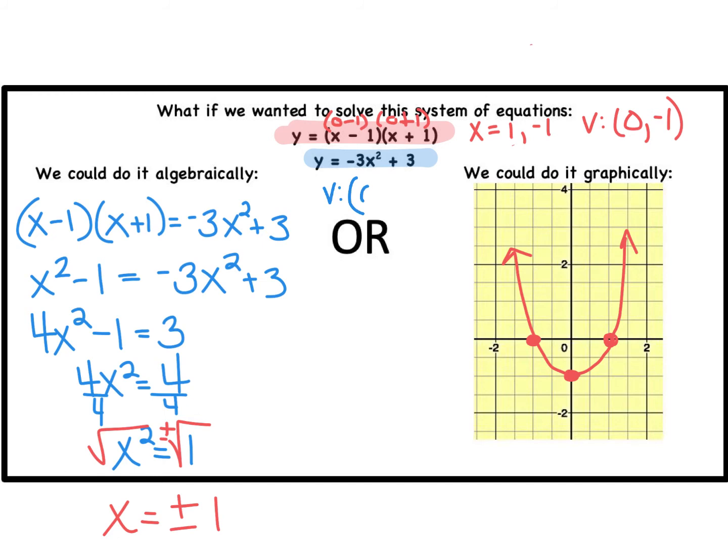Since there is no b, negative b over 2a would be 0, and then I plug 0 into the function and I would get 3. So the point (0, 3) for the vertex is here. And if I plug